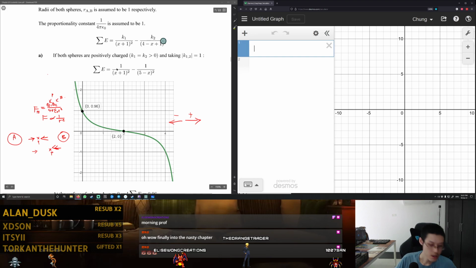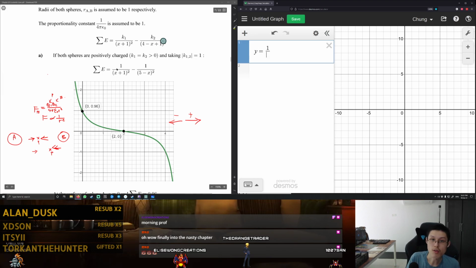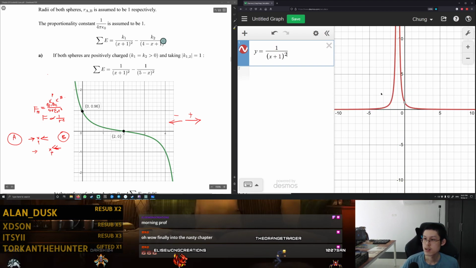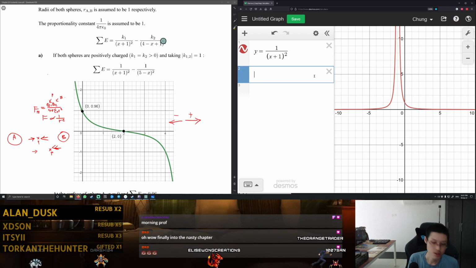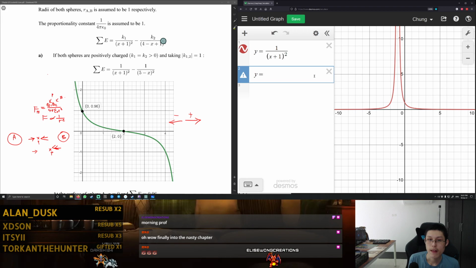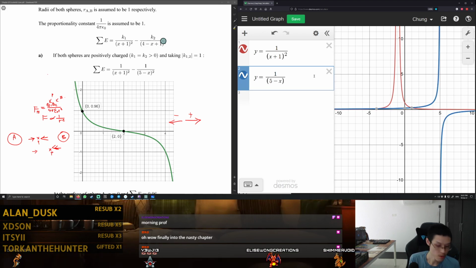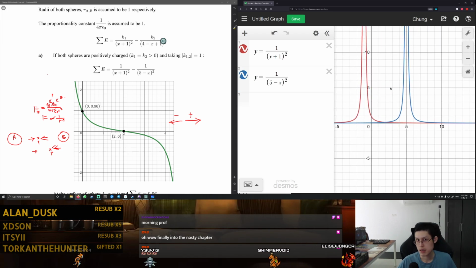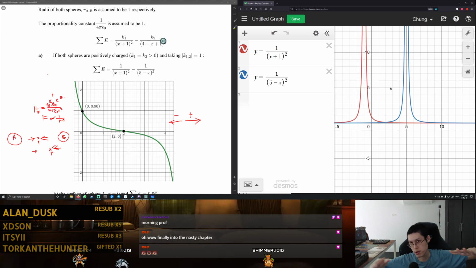okay, so the first one is going to be y equals 1 over x plus 1 squared. The next one is going to be y equals negative 1 over, well, technically, 1 over 5 minus x squared. There. So remember the cross-section of the potential well,